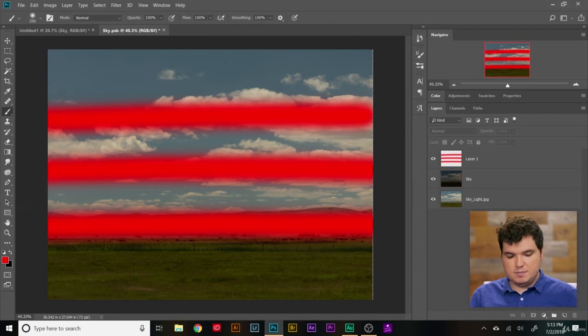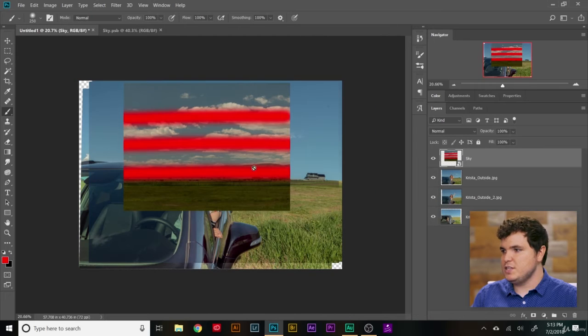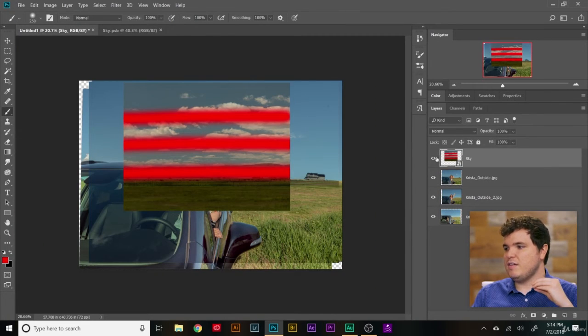If I save this by clicking Control S or going to File, Save, and then go to my document in which this smart object is embedded, I can see those changes have taken place. Using smart objects is super helpful because I can go through and make changes to these layers independently of everything else that's going on here. I could also change this layer as a whole. So if I wanted to